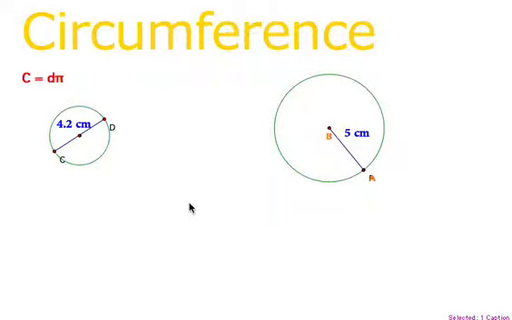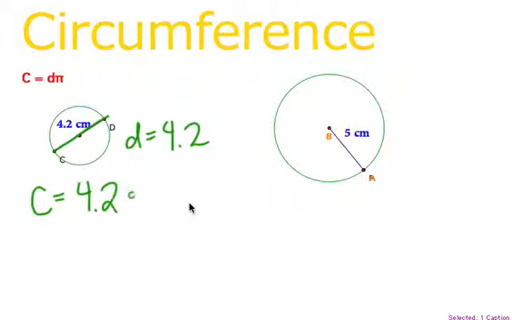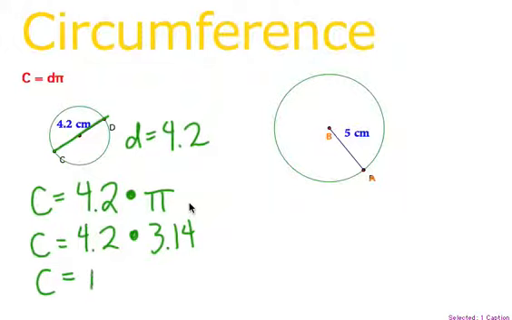Okay, so the first thing when you get to a circle is you want to figure out, do I have the diameter or do I have the radius? On this first circle here, this is the diameter. Diameter is 4.2. The reason I know it's the diameter is because it's going all the way across the circle. Okay, so since I have the diameter, that's pretty easy. All I'm going to have to do is do 4.2 times my pi, or 4.2 times 3.14. And just punch it in, 4.2 times 3.14, and you get your answer. In this case,